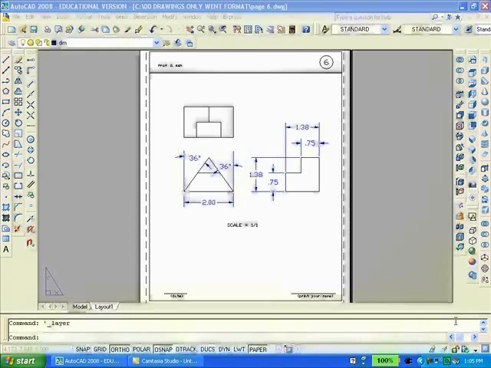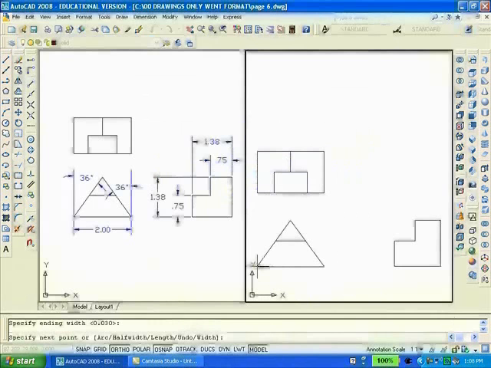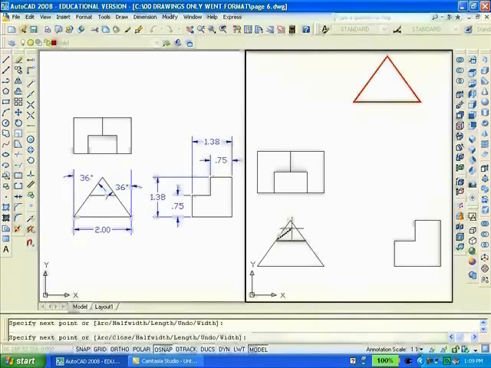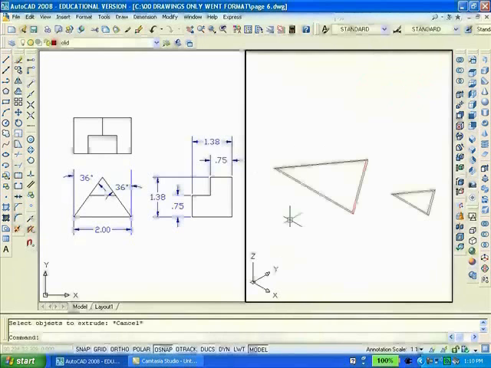Tutorial 6. This is another easy example of how the Boolean subtract operation can simplify the making of a solid model. I'll use a polyline, trace the perimeter of the large triangle and move it. Then I'll use a polyline again to trace the small triangle. I'll move into the southeast isometric view, and then I'll extrude the large triangle to a height of 1.38 units and extrude the small one to a